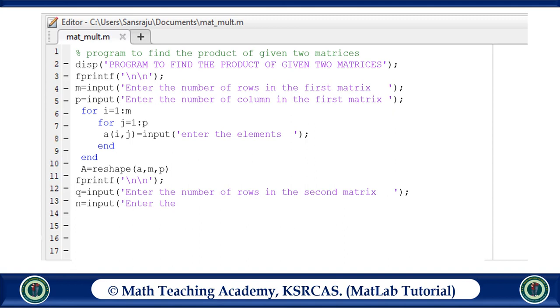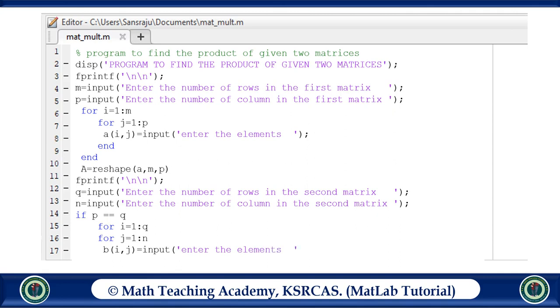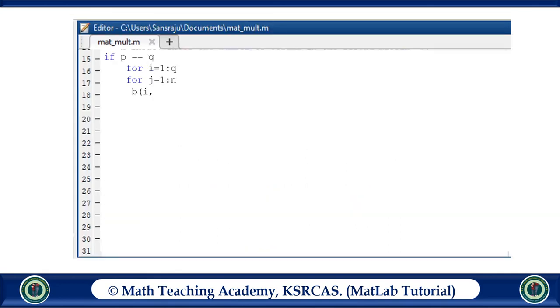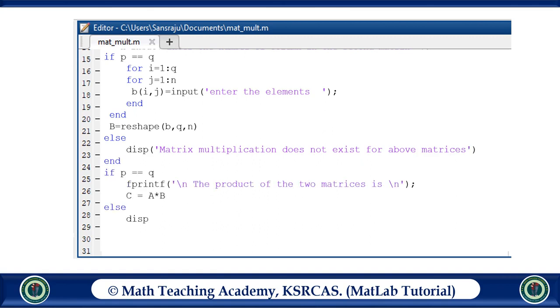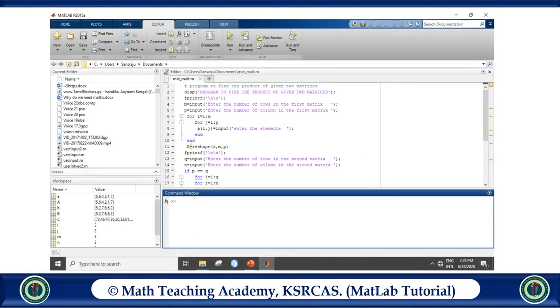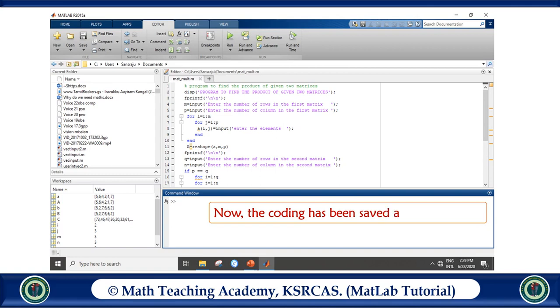Already I have explained. Now the coding has been successfully written in the MATLAB text editor. Now the coding has been saved as mat_mult.